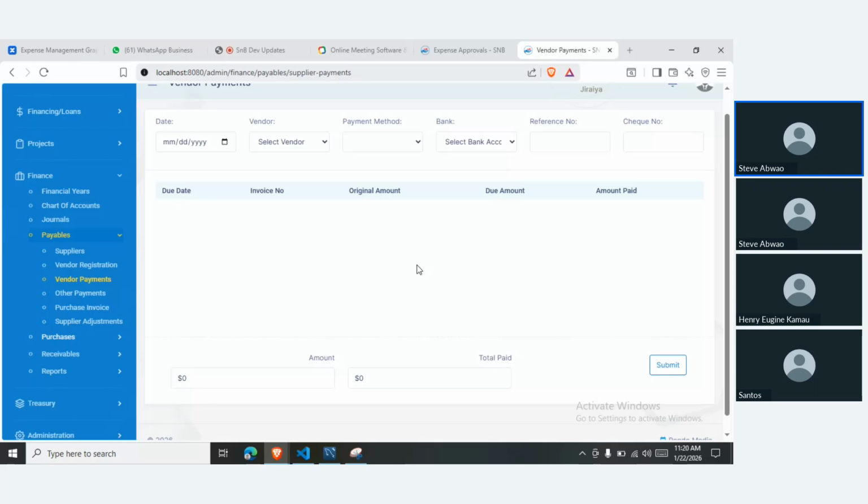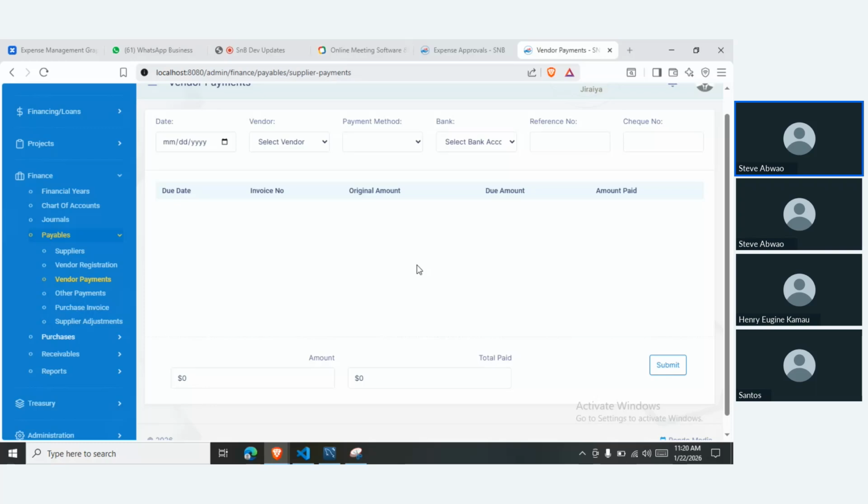So it should be very explicit that when you click on pay, you just give him a button to say pay full. Pay full means that the amount paid equals the request that was approved. Or you tell him to pay partial. He clicks pay partial. So when he clicks on pay partial, you will have a box ya kuweka the amount. So itakuwa indicated that this is the amount due, while the amount paid is this. And then the balance. So that when I click submit, he knows that I'm submitting a payment, but less the